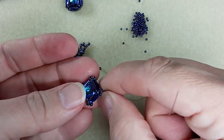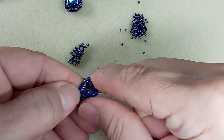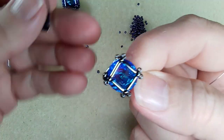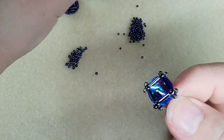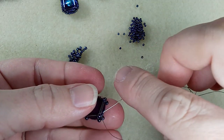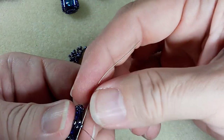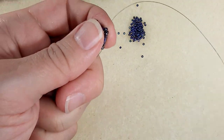Check the front. We'll bring that out a bit to like a square. There, beautiful. And you could actually attach your, just that'd be the end of it, right? Just do it like that. But we'll go ahead and finish it off. So we are coming out of that bugle. We're gonna follow the path, the thread. We're gonna go through that bottom bead,